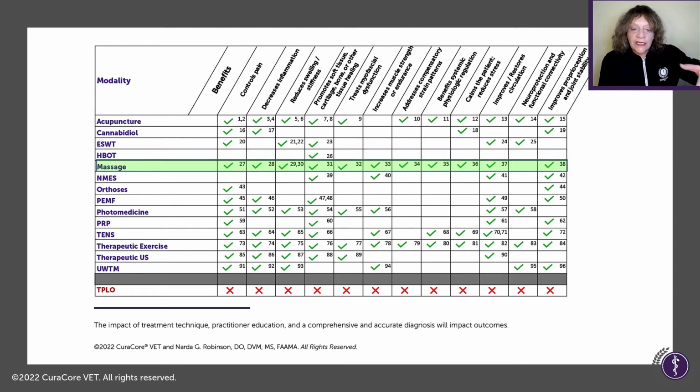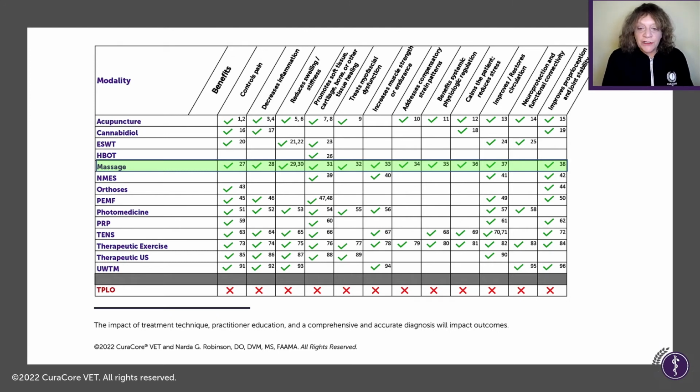So as we go through each of these, when you're in your clinic seeing an animal, I designed this so that it can help you understand where are the strengths of each modality, what might we put together as a treatment without going crazy and just throwing everything in there to best meet the needs of that patient at that time that the client is capable of doing or affording or interested in.